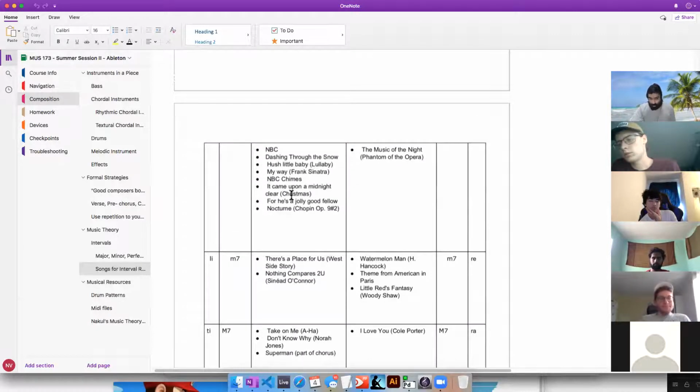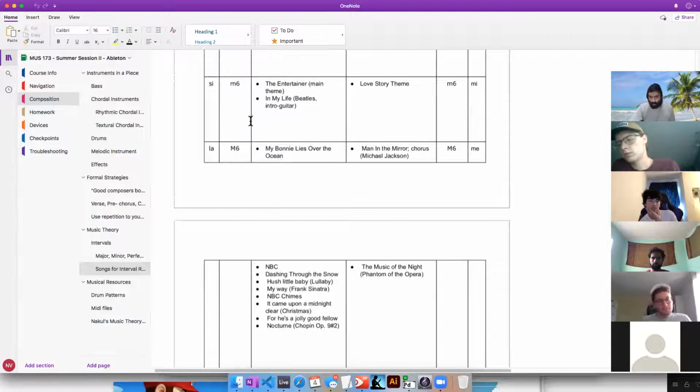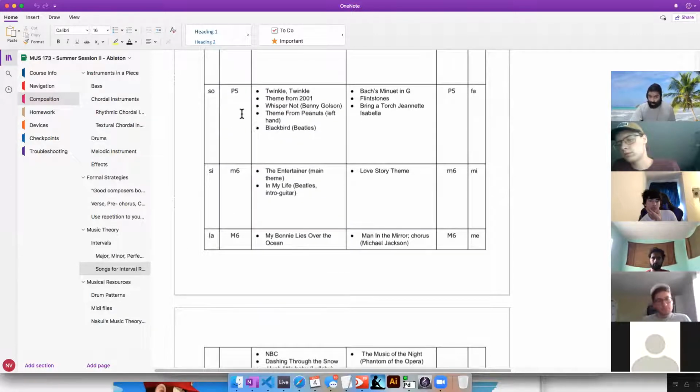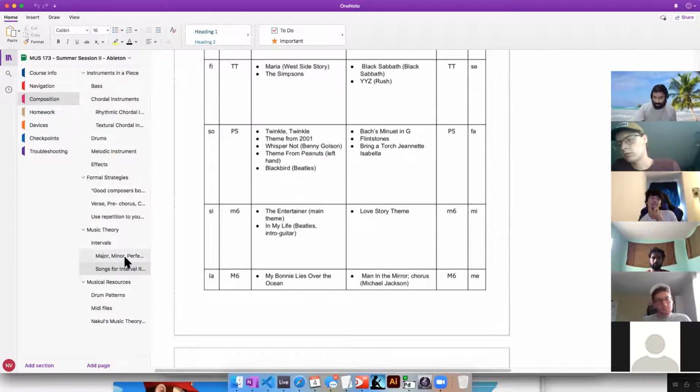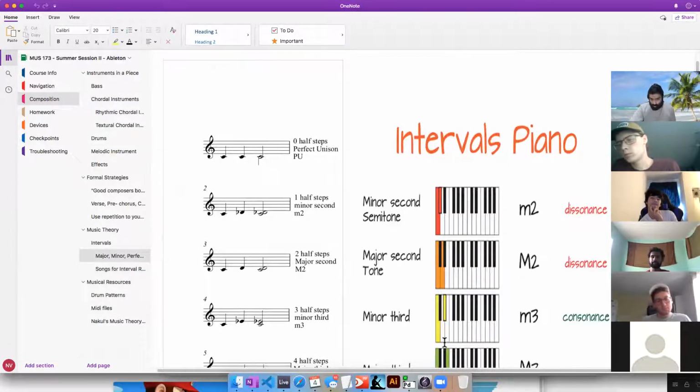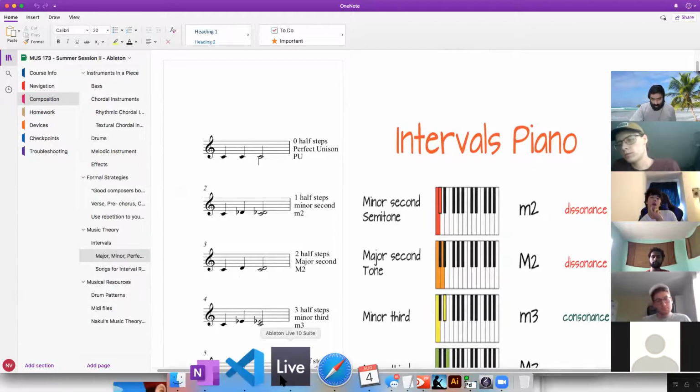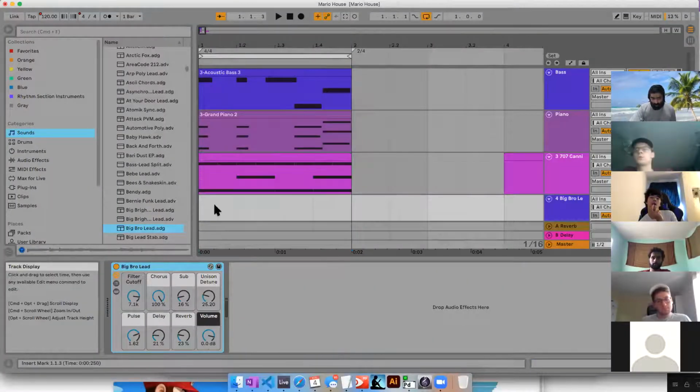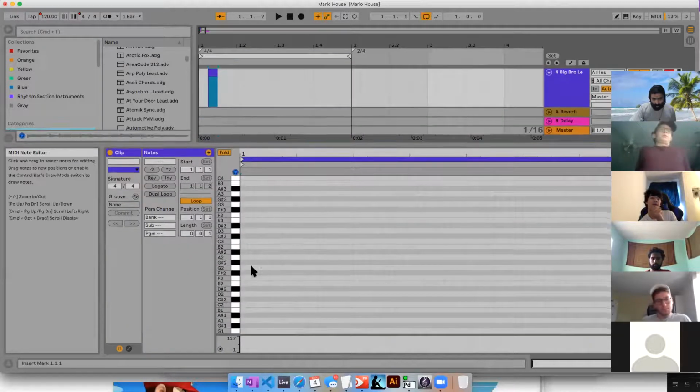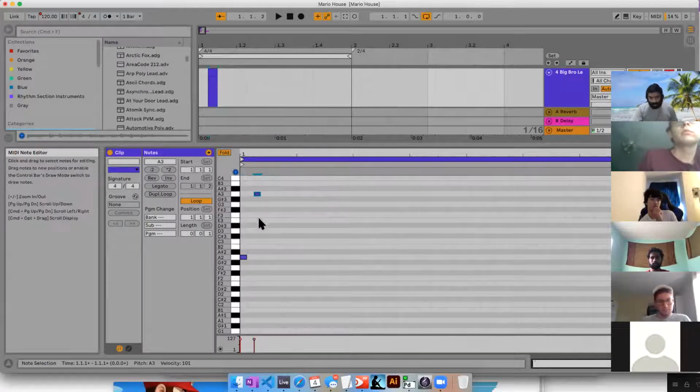Like me personally, I know the names for all of these intervals. If you tell me a song, I'll tell you, oh, it uses that interval. And that's really handy to know, because if you know the intervals, you can go into the piano roll editor in Ableton and be like, oh, I have to type in "Somewhere Over the Rainbow." I have to go like an octave. Right? It helps you translate the music that you're listening to